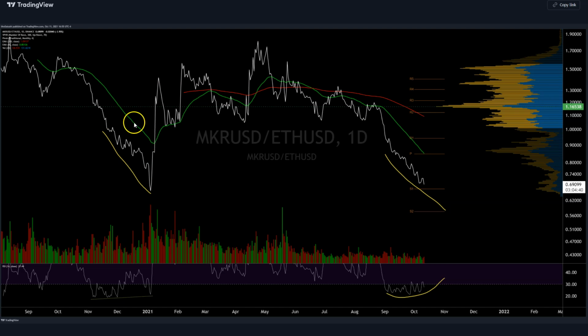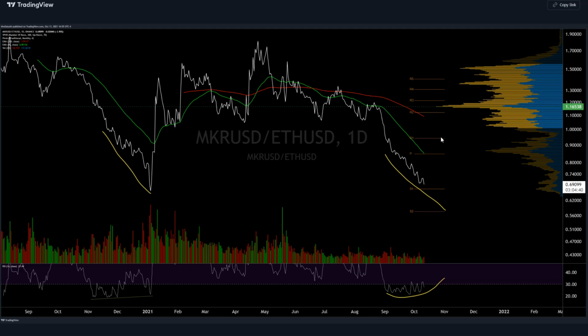It looks about as bad as it did in the same zone, in the same time frame, Q4. Do I know if this is going to pop up in January? I don't. But just based on technicals, this could get pushed all the way down to like 0.55 or less relative to ETH. Continue with this bull div and then have a pop for some reason rotation-wise with a mean reversion back to like 1.0 plus. So you're looking for a 2x here, late Q4, early Q1.